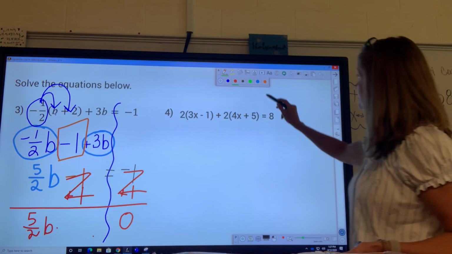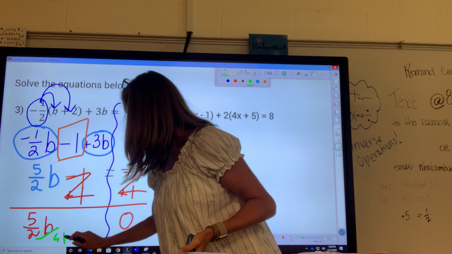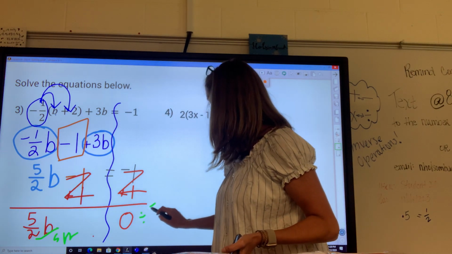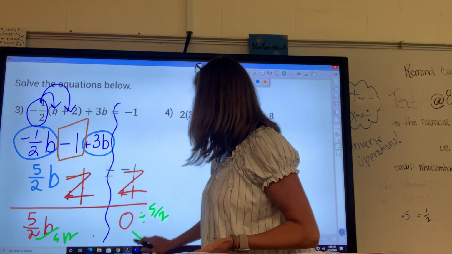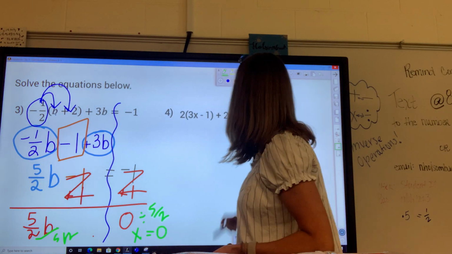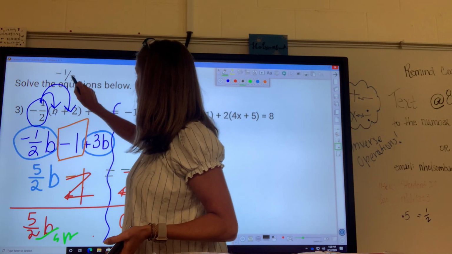All right, and last step, divide. Divide by 5 over 2. 0 divided by 5 over 2, guess what? 0. X would equal 0. Let's see if we're happy. Negative 1 half, so